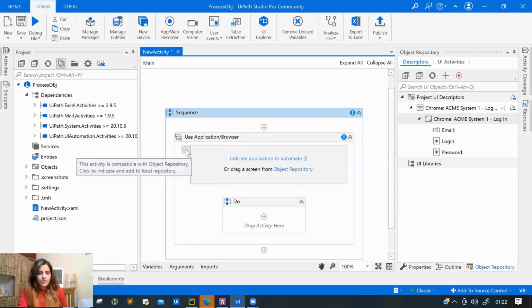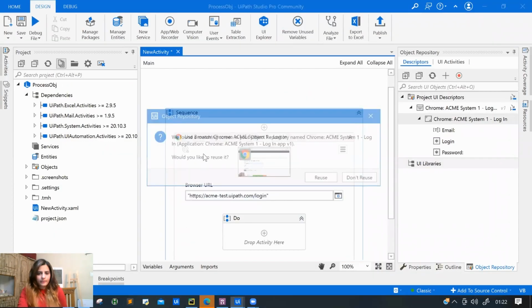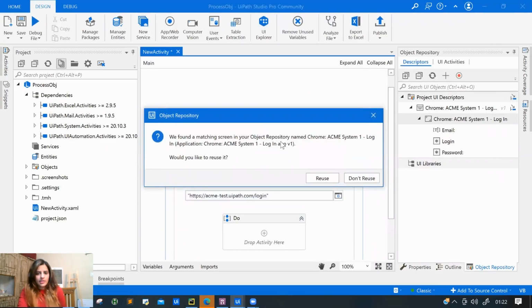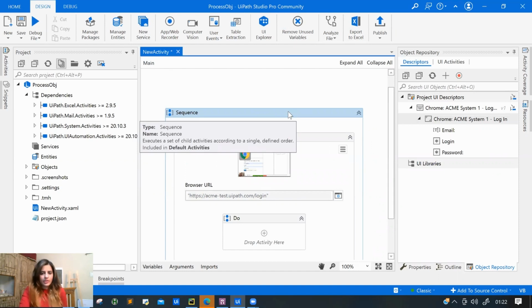And if you already have object repositories there, you just directly click on the object repository. It will automatically say we found a matching object repository, matching the same selector basically. So if you want to use that, you can reuse that. Otherwise, if you don't want to reuse it, you can just directly go ahead and give a new one.